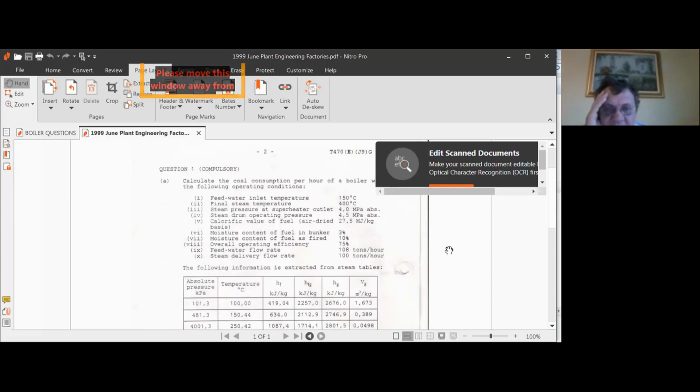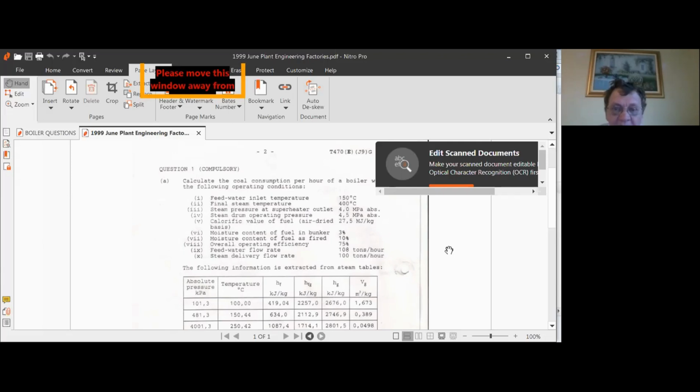The feed water inlet temperature is 150. The final steam temperature is 400. So that gives you the H2 minus the H1. That's just what you're getting out. What you're putting in, you need to look at the calorific value and you need to look at the amount of